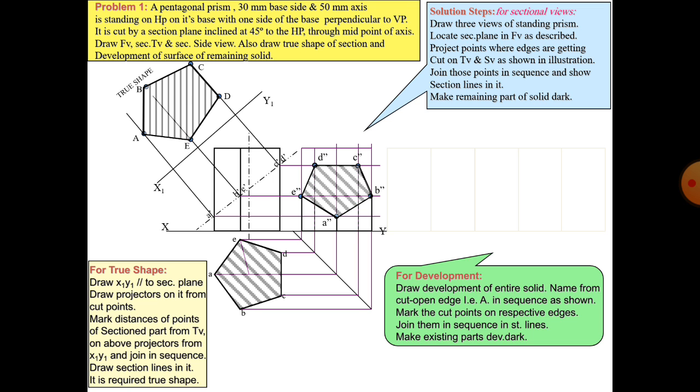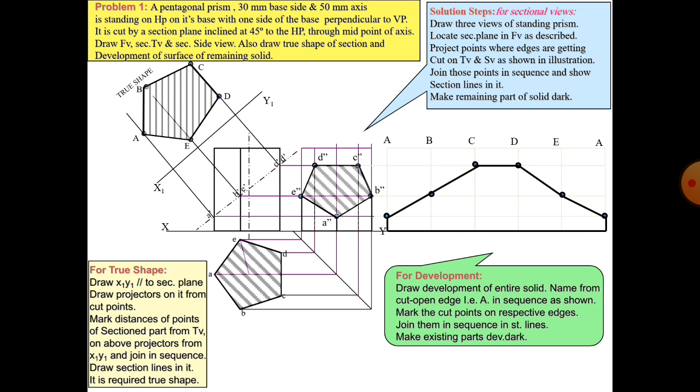A pentagon has 5 sides, so we can draw 5 sides, named A, B, C, D, E and A dash. Extend all the points on the development with the help of cutting plane points. For example, A, B, C, D dash, mark with the help of a rounder and pencil and count these points, and join them with lines, showing the development of surfaces. Simple problem. And join all the lines.